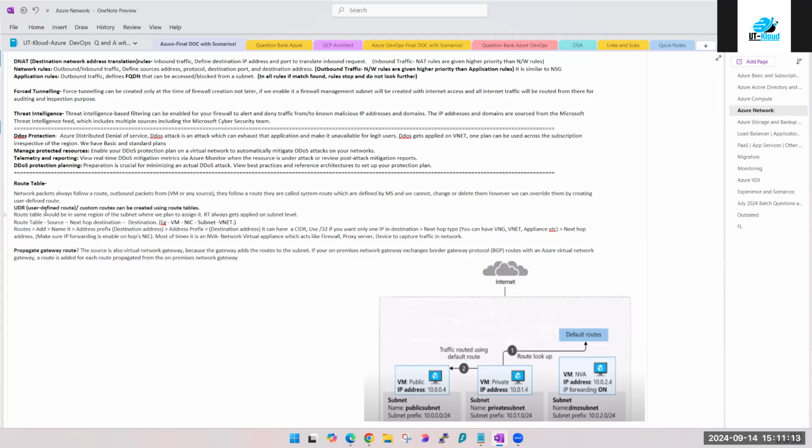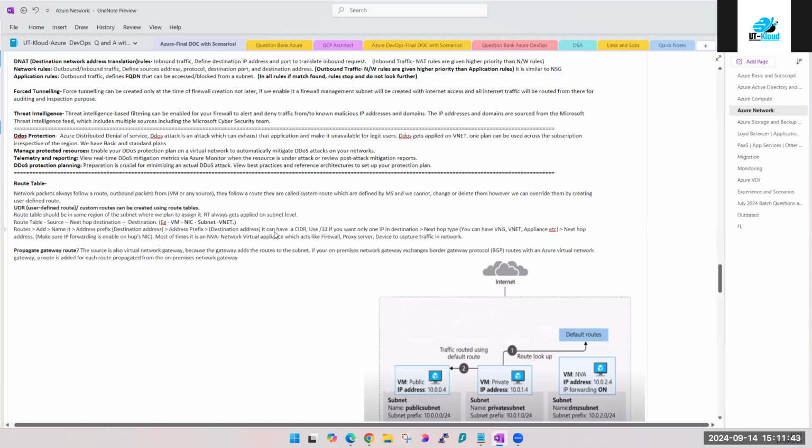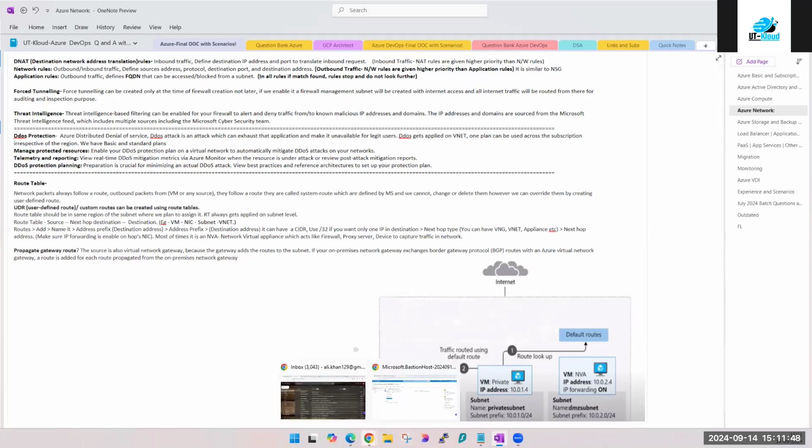But in the previous session, what we have seen is that by using UDR, you are redirecting your traffic from one VNet to another VNet. In today's practical using UDR, you are just going to redirect your traffic within the VNet from one subnet to another subnet. Simple. That's all you're going to do. Ultimately, you should know how to configure UDR. Now it's up to you where and how to use it. It has a lot of flexibility, a variety wherever you want to use it. Hub and spoke, use it on the virtual network. The practical which we are going to do now, use it on your subnet level.